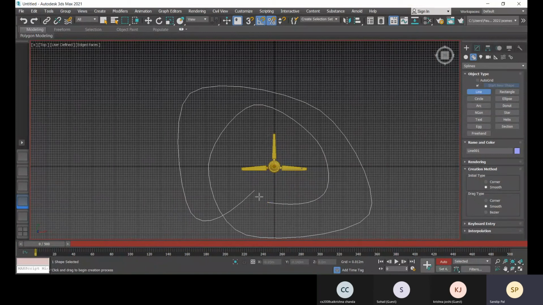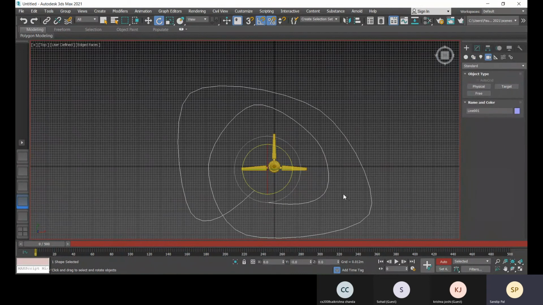Okay, so this is the path, and now we have to place a camera.